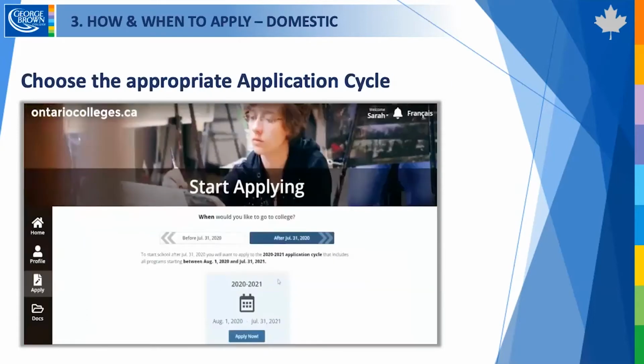Now, when you start applying, there are a couple of things that you need to make sure you get correct. A lot of things, but the first one is you want to make sure you clarify when you want to go to college. So here we have, you want to attend after July 31st, 2020 or before. The dates are a little bit out of date for us, but when you're applying, let's say you want to come for September 2021, you want to make sure you're clicking on the right time,